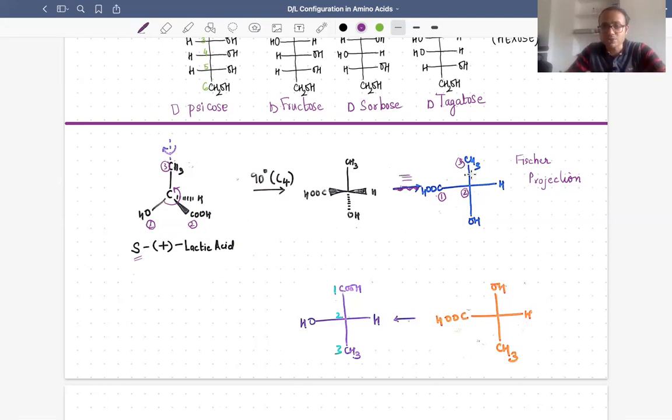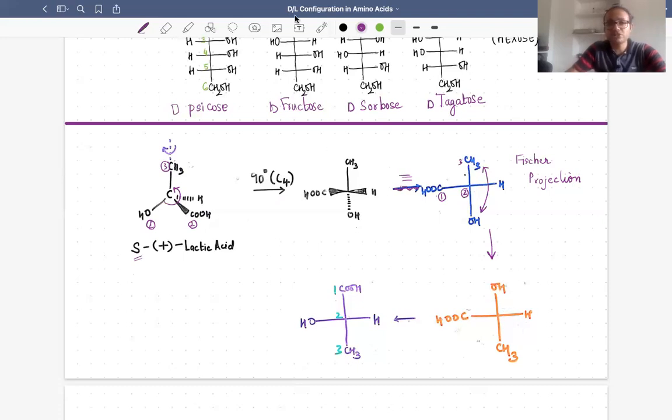Suppose I start with these particular groups. Since I have to bring CH3 to the bottom, I'll exchange these two groups, that is CH3 and the OH group. Let me use a bigger line here, then you will probably better understand. So I'm going to exchange these two groups. When I exchange the groups, I'll get a structure like this. This structure is what I'm going to get.